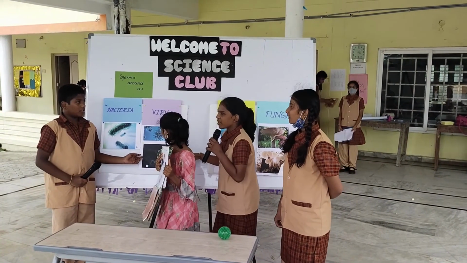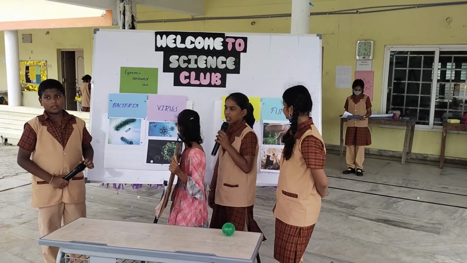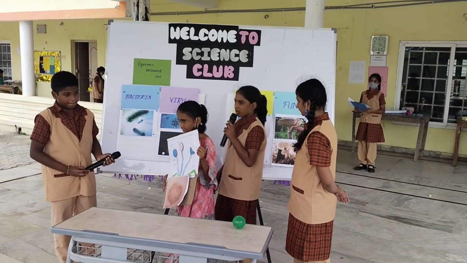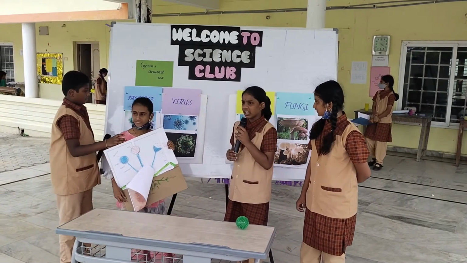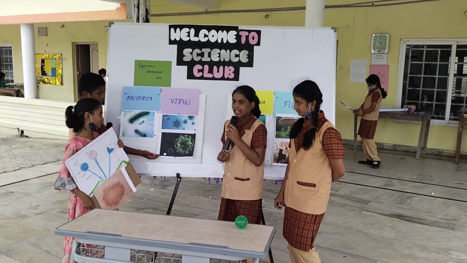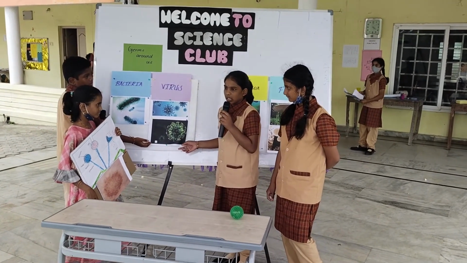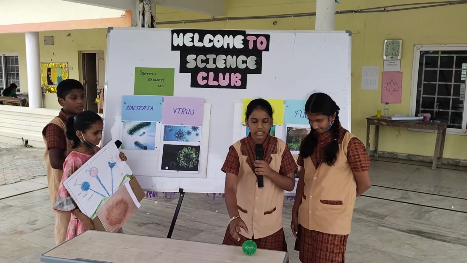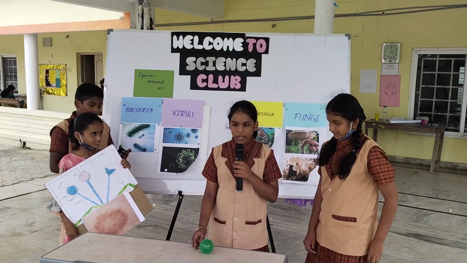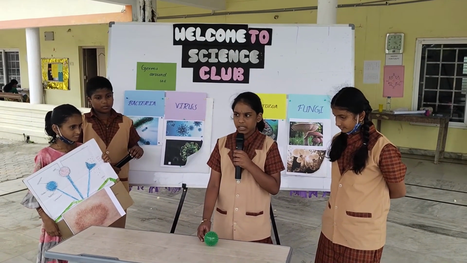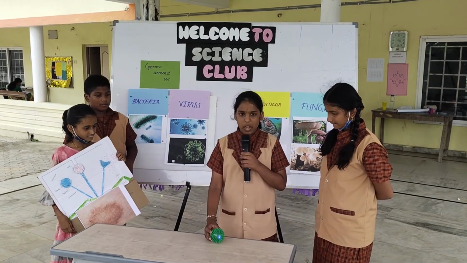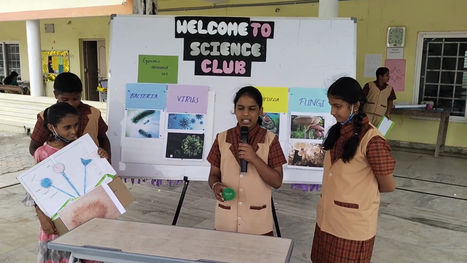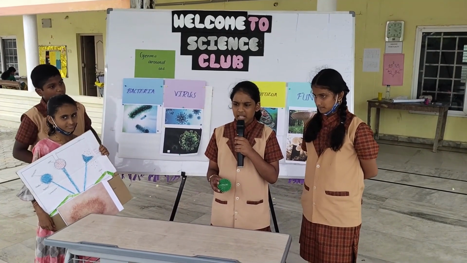Tiny organisms which cannot be seen with a simple or compound microscope. It needs a special microscope called electron microscope. They contain genetic material surrounded by a cover. Outside the body of a human, they behave like a non-living thing, inactive, but inside the body of a human they behave like a living thing. Types of viruses: hepatitis virus, influenza virus, bacteriophage,